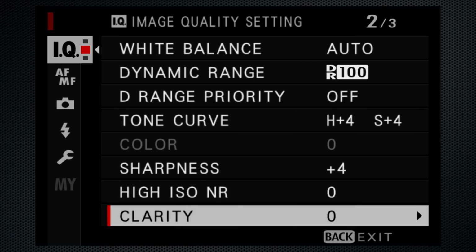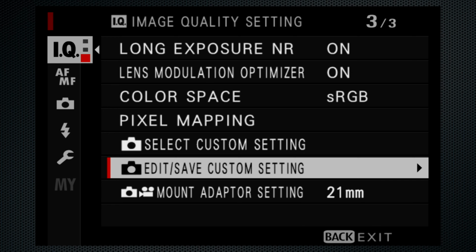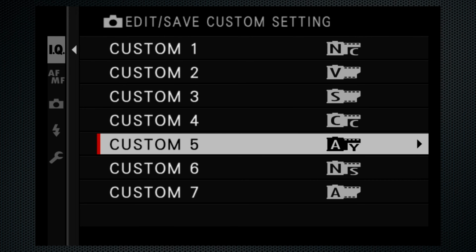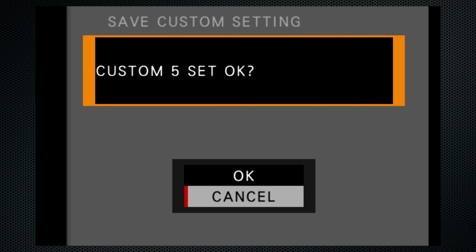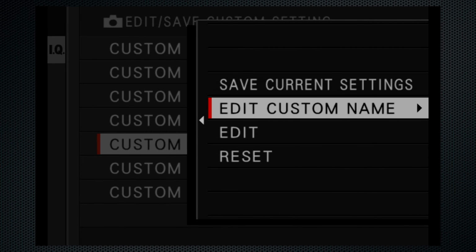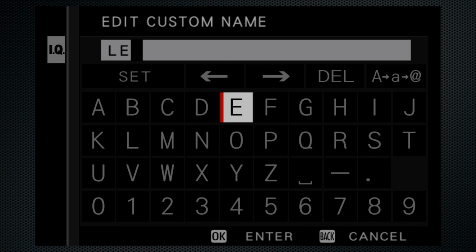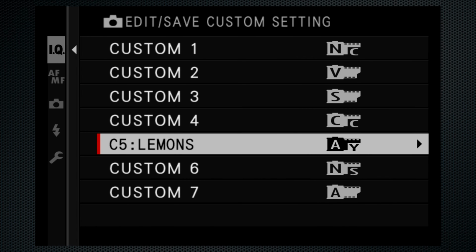I'm going all the way down the image quality menu to Edit Save Custom Setting. I'm replacing preset 5, so save current setting and create a name for it. Lemons makes it easy to remember my intent. Although you can select this recipe from the main menu, it's probably easier from the Q menu. The manual provides very little insight into how the Q menu works with custom settings, so I have a few